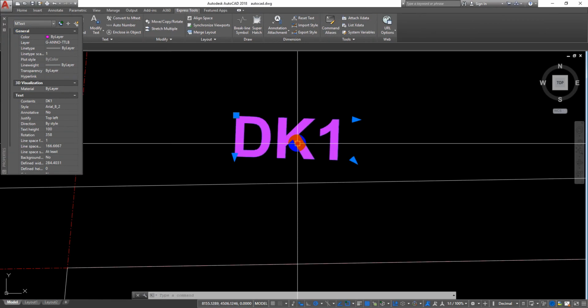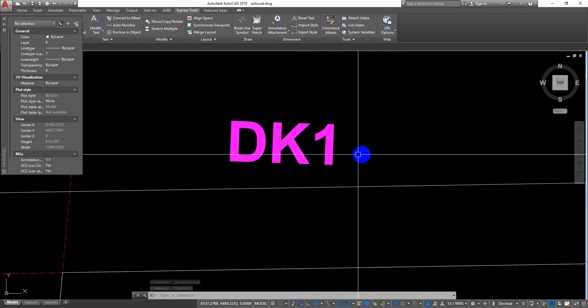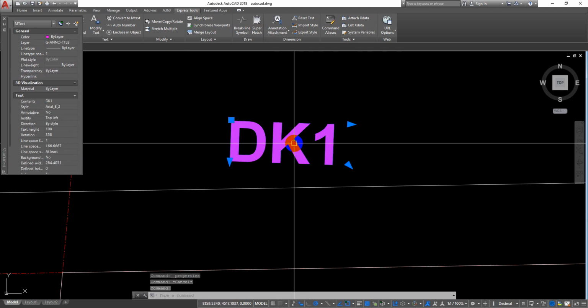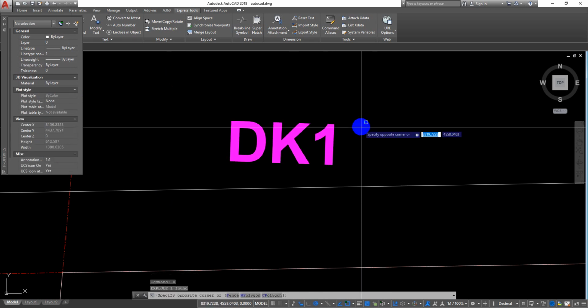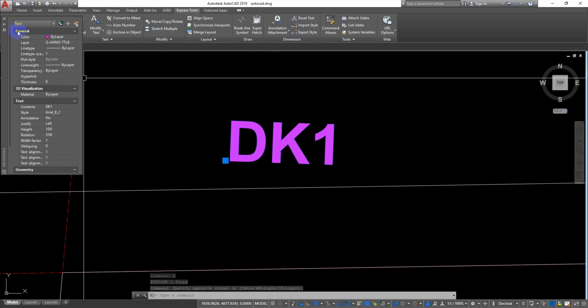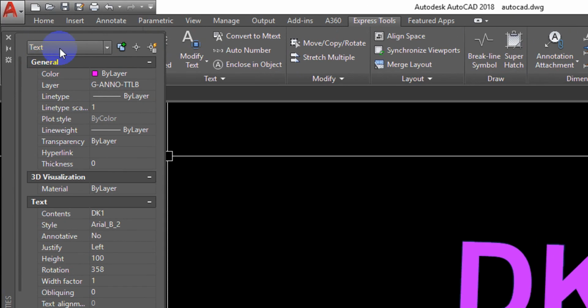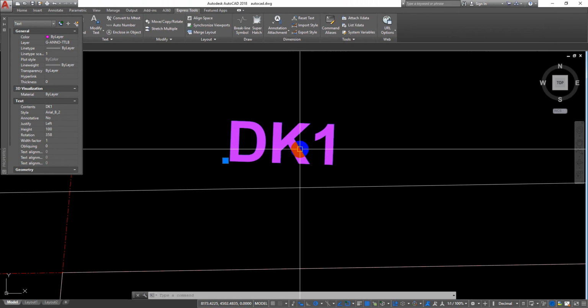so now, first you select and then click, type the explore command, enter, select object, select text. You look at the property dialog, text. Okay,